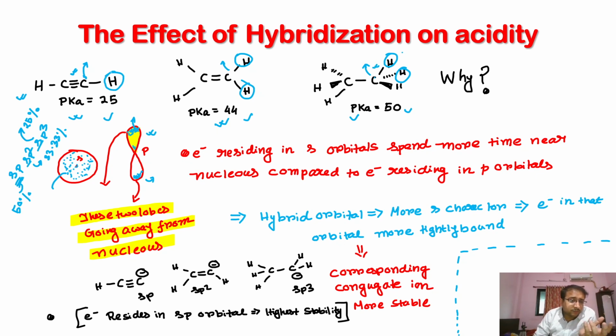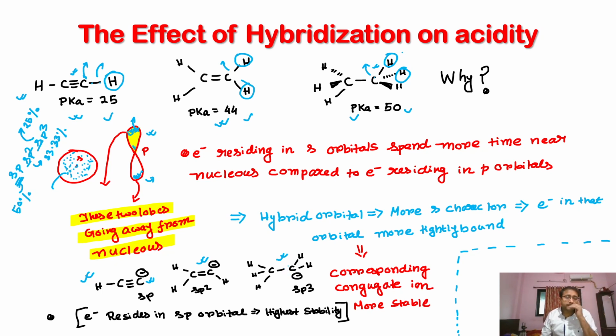So the hydrogen atom bonded with this carbon atom will be much more acidic in nature, because this carbon-hydrogen bond will be much more polar, as this carbon atom is more electronegative compared to this carbon atom. This carbon-hydrogen bond has less polarity compared to this one. So you can see that this conjugate base will be much more stable, because this carbon atom is much more electronegative compared to this carbon atom, and this conjugate base is much less stable.